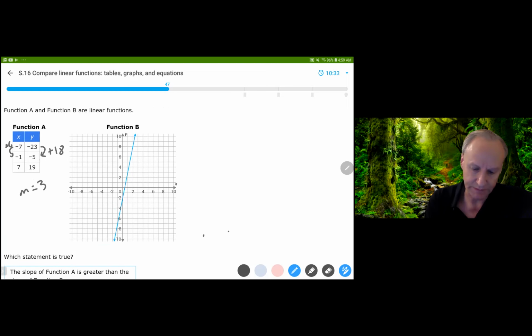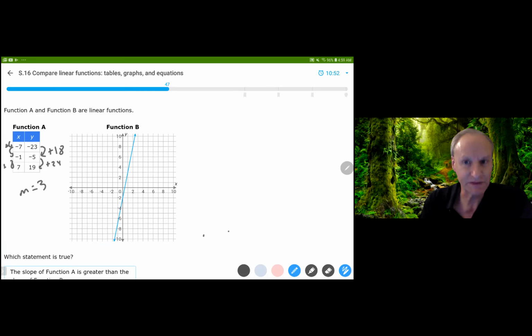So let me just go ahead and do the other pair as well. Can you see that this one went up 24? You had to go up the 5 and then 19 more. And then this one went up 8. And 24 divided by 8, I know, yeah, it's 3. Anyway, the slope for function A is 3, and for function B, what you want to do is